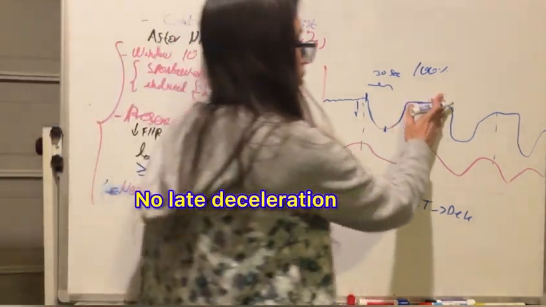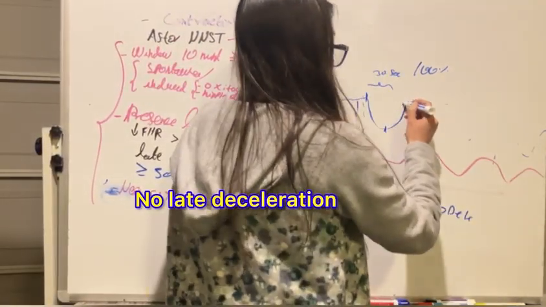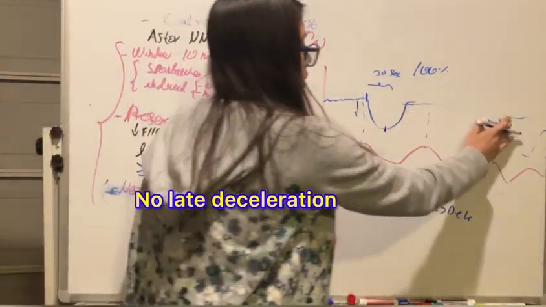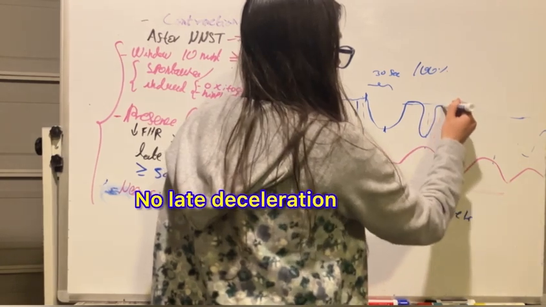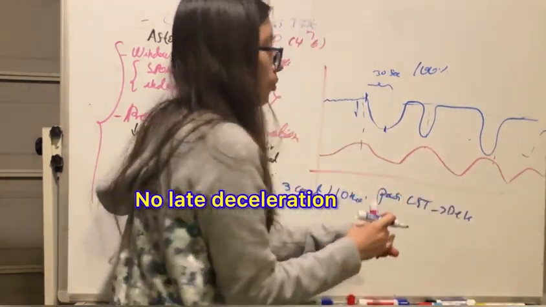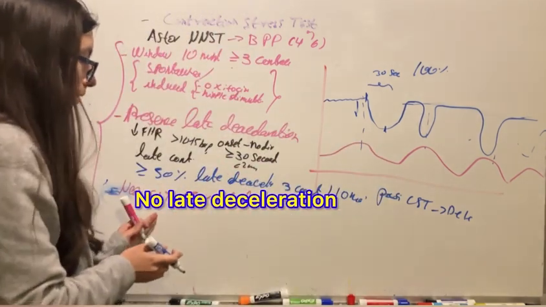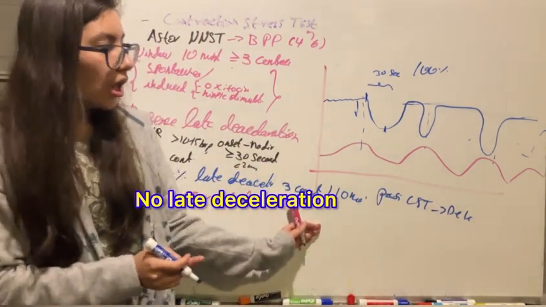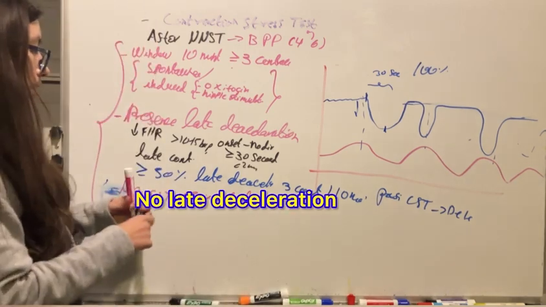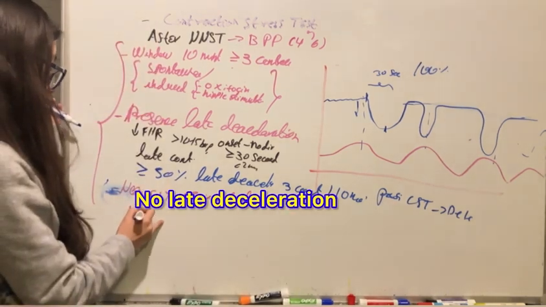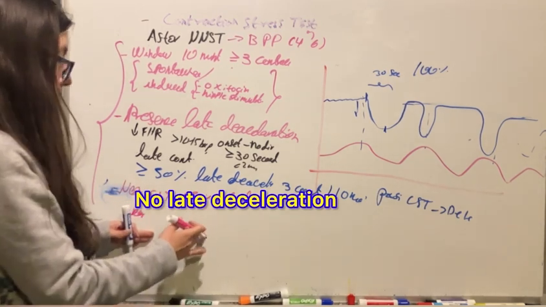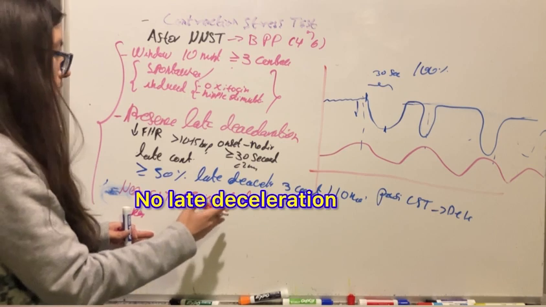If we had, for example, just one, and the other, let's suppose, are early decelerations, which are the ones that are on phase with the contractions, we can say this is a negative contraction stress test. But more accurately, we can say that a negative stress test is a register where